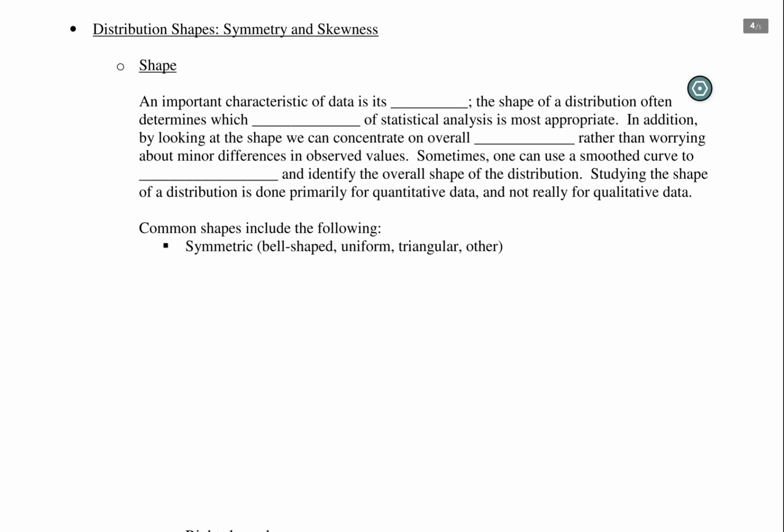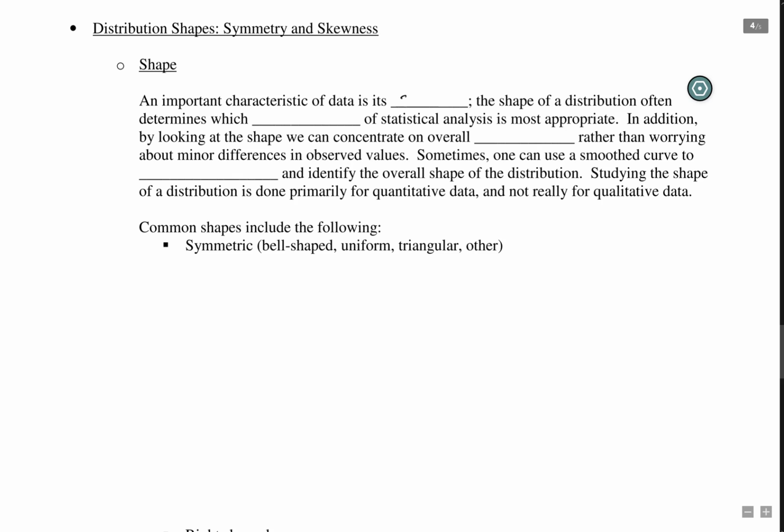Moving along, a feature of graphs, usually a feature of quantitative graphs that we're interested in, is their shape, this idea of symmetry and skewness. So that's an important characteristic we want to consider, is the shape of the data. And the shape of the distribution often determines which statistical method we're going to use to analyze the data. Again, that's in later chapters, but knowing something about the shape of the data is very important in choosing the